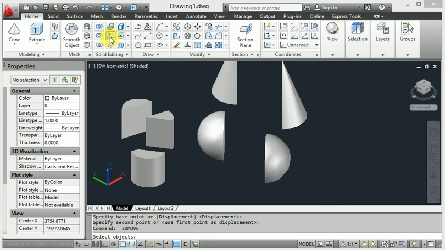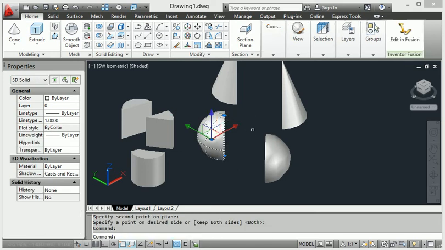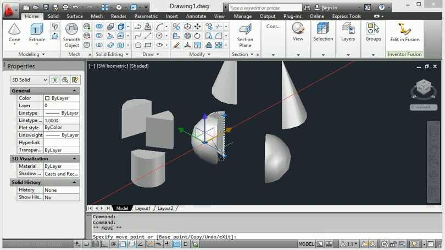I click the body here, apply the slice command, then enter. First of all, I click this here, and otherwise here you can see the point, and also go to here, then enter. Look at this one, it is also sliced here.